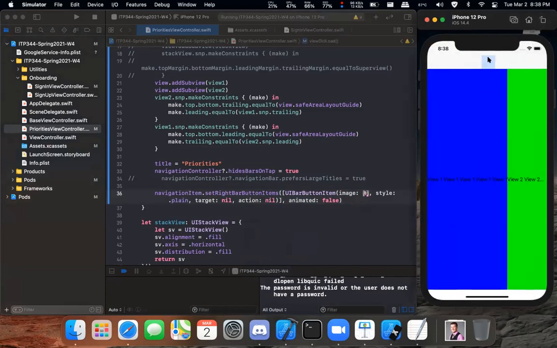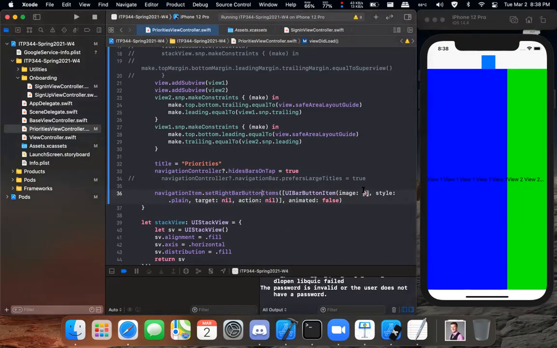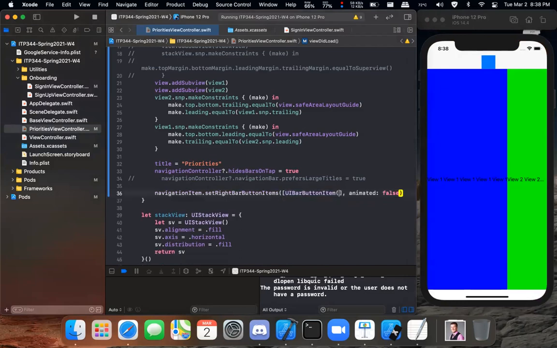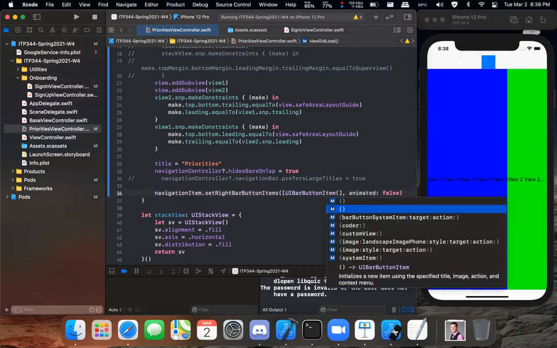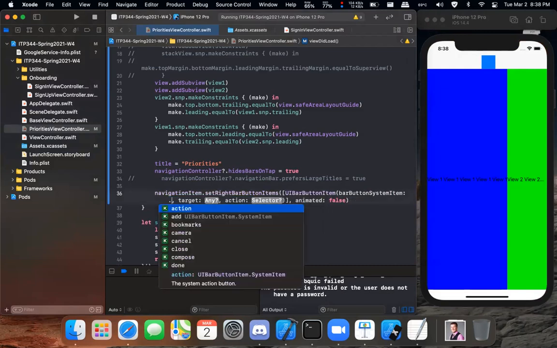Okay, I'm pretty sure something's wrong with the image. I'm not sure why it's just like that. Is it because it's too big or something? Yeah, it's definitely something wrong with the image. That's okay. And then again, as you saw here, it's an array, so you can have multiple items. Do like close,